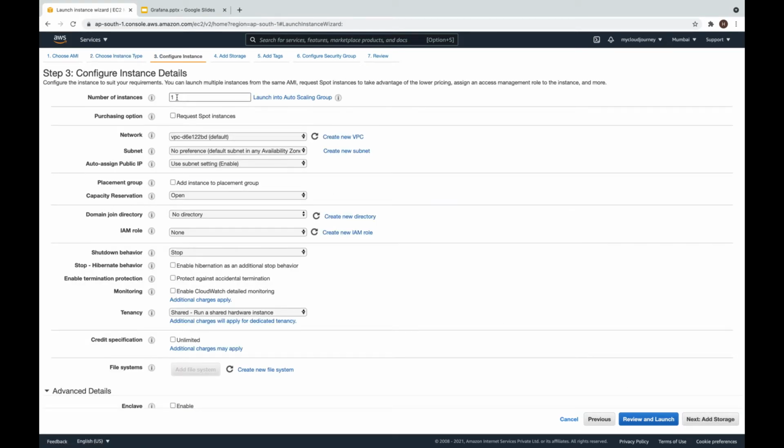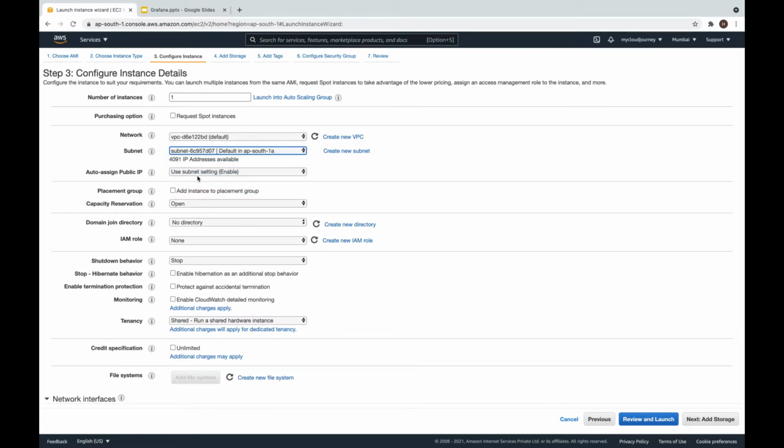I have to provision two EC2 instances, one in AZ 1A and the second in AZ 2, so I will create the two EC2 instances in two different steps. The number of instances will be one for now. Then I will select the default VPC and go with public subnet 1A, and I want a public IP for this machine so I can install Grafana by accessing it from my local machine.